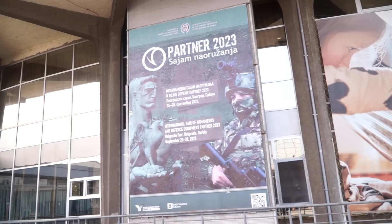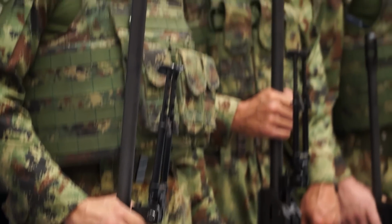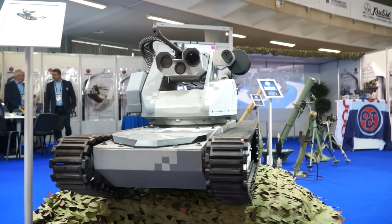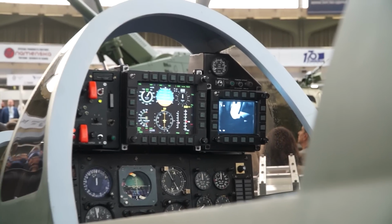Welcome to Belgrade, Serbia for the International Defense Exhibition Partner 2023. This is a very unique event for the Serbian defense industry to showcase the latest innovation and technology of defense products. In this case, Serbia has developed a full range of new military equipment in the field of land, air and